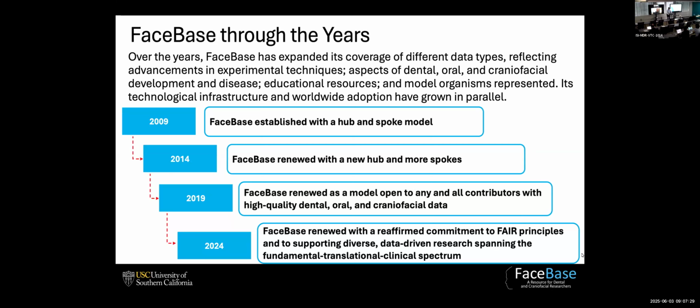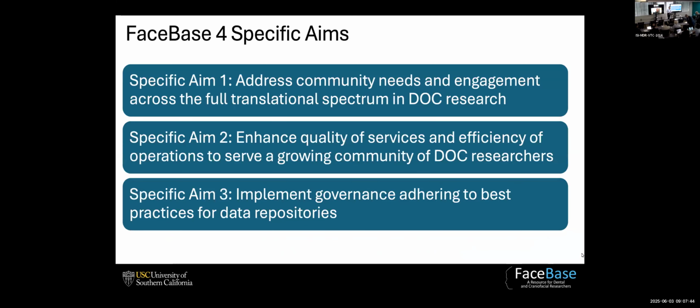So in the next 2 days, you will see how FaceBase has reaffirmed its commitment to the FAIR data principles, and also supporting diverse and data-driven research over the years. And when we put our application together for FaceBase 4, we just finished year 1 of FaceBase 4.0 and are starting the second year.